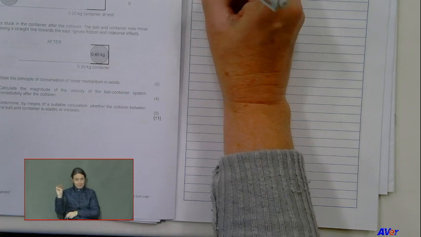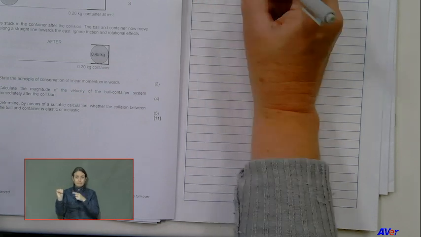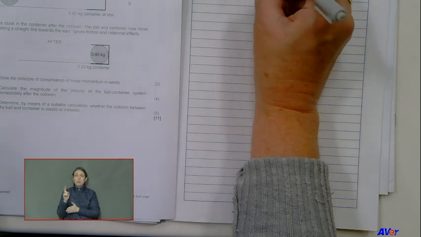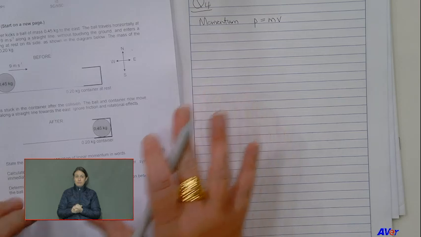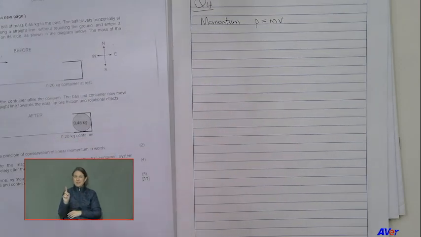Momentum is just P equals M times V. And what is important about momentum? Momentum is a vector quantity. So everything except mass must have a direction. So again, please just get the direction. Okay. Momentum, P equals M times V. But this is for a single object.